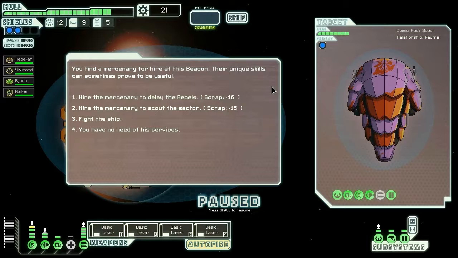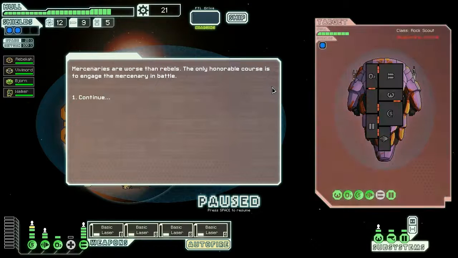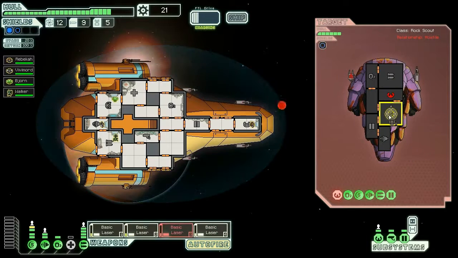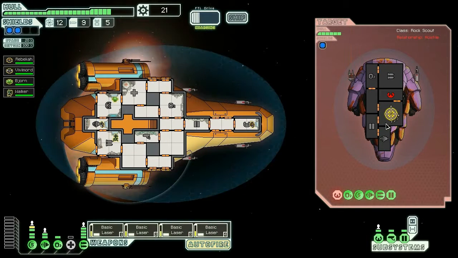Oh. I would rather fight you. Yeah, I'm gonna fight him. Actually, he can't hurt me. So let's just fire everything in the cockpit. Now we'll fire everything at shields. And then with the shields down...